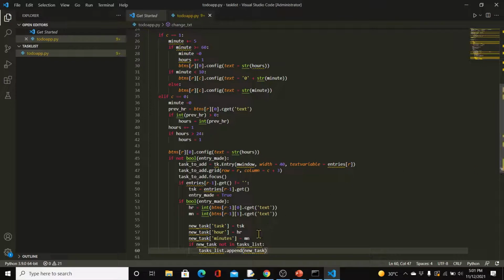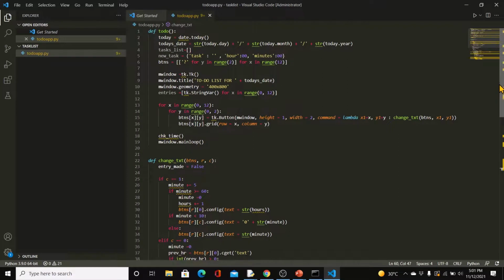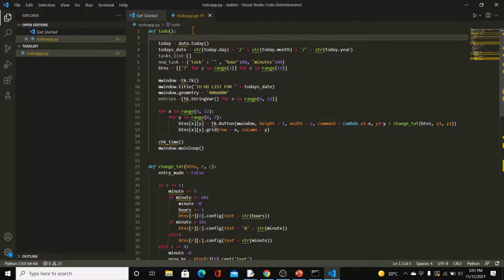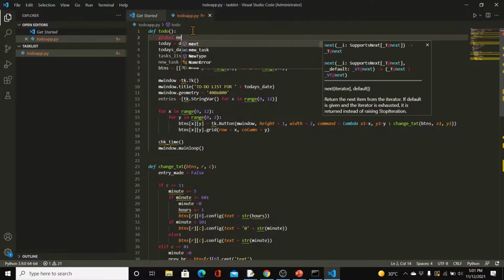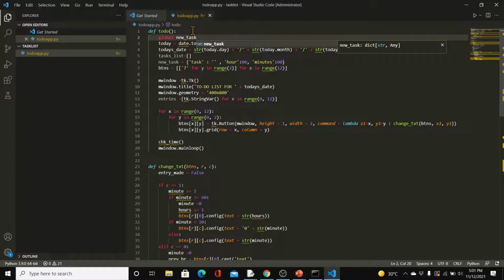Now question, we're using new task here, but we define it here, right? So here we specify global new task as well as task list,